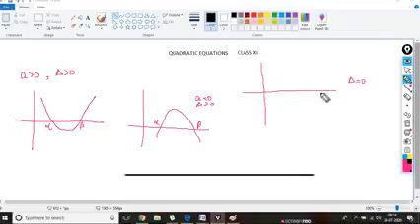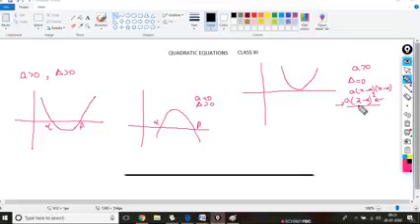If delta is 0, alpha and beta will become one. Alright, so I'm going to draw the case a is greater than 0 and delta is equal to 0. You see, then this curve will reduce to this curve. Basically, delta equal to 0 means both the roots are the same. So it becomes a into x minus alpha into again x minus alpha, and that is a into x minus alpha whole square. Now what is a? A is positive. What is x minus alpha square? This is always positive.